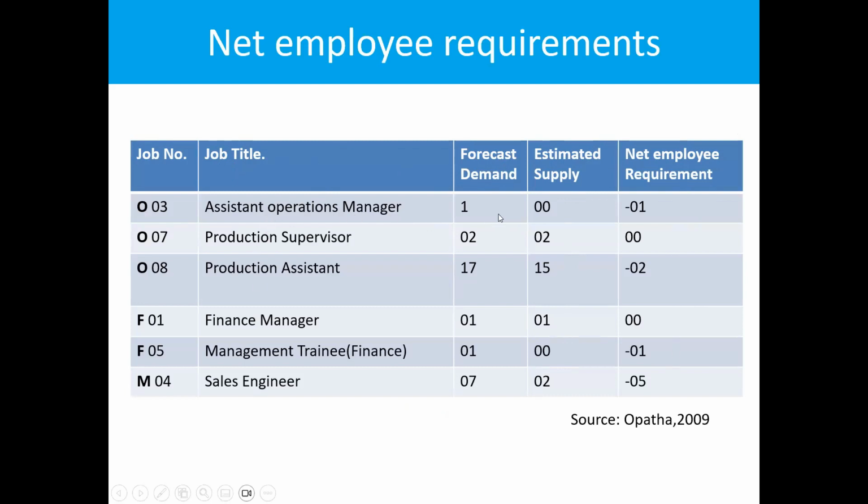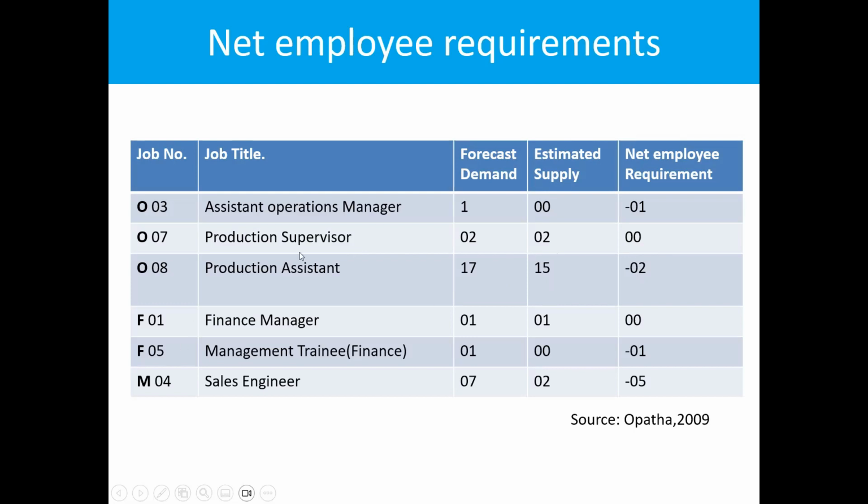Assistant operations manager, one needed. Internally, we can't find anyone, and so the requirement is 1. Production supervisors, 2 needed, and those 2 people can be found internally, and no need to recruit externally. Net requirement is 0. Production assistant, 17 needed, 15 people can be found internally, and 2 people need to be recruited